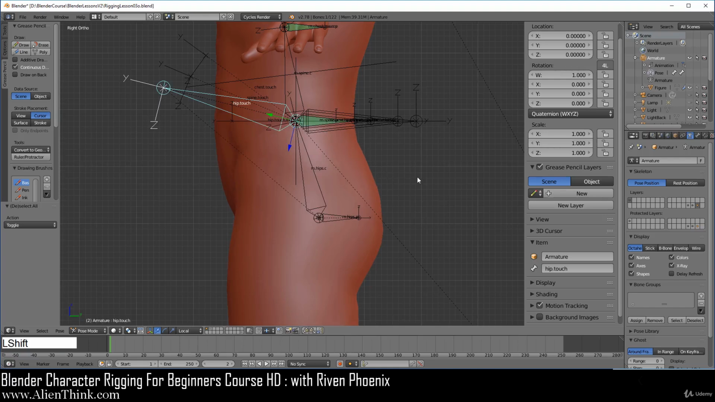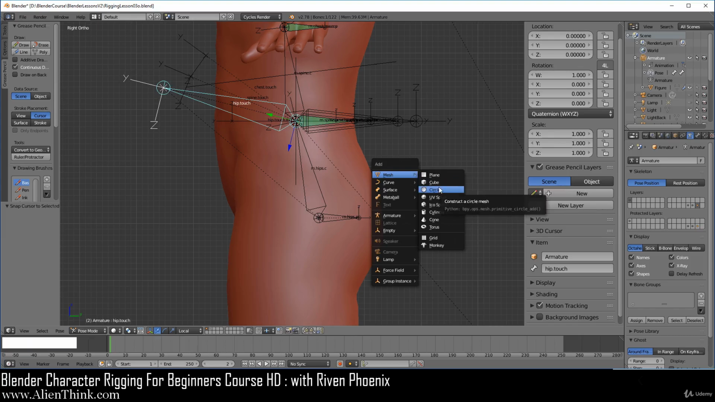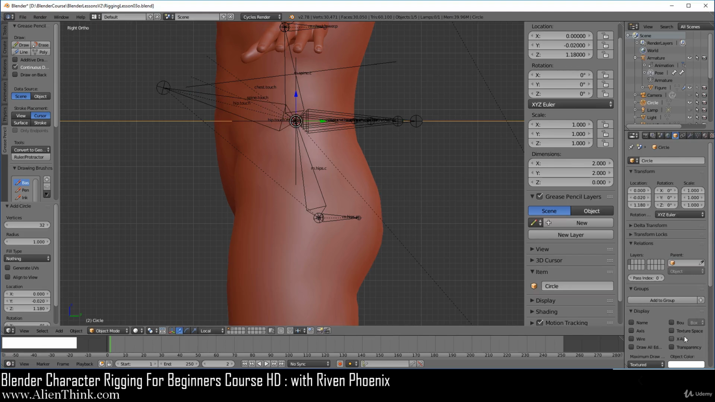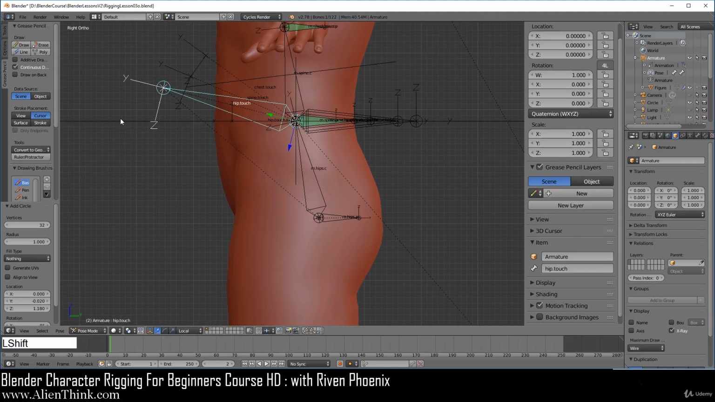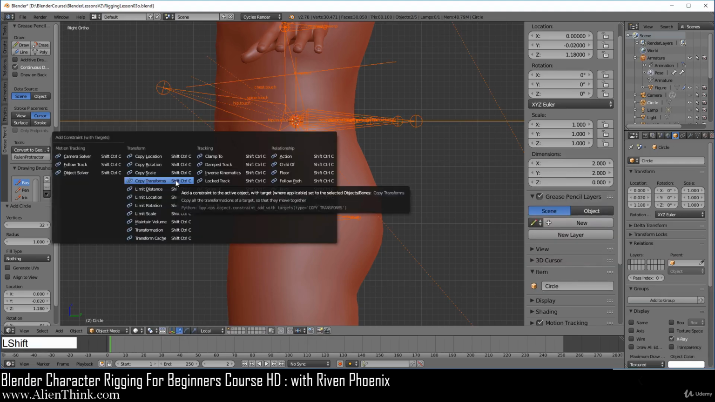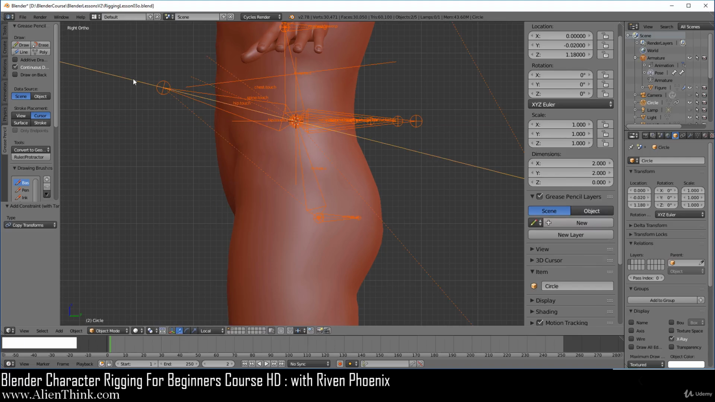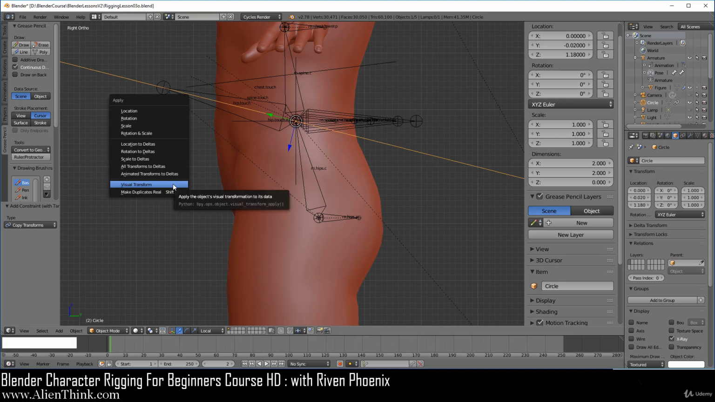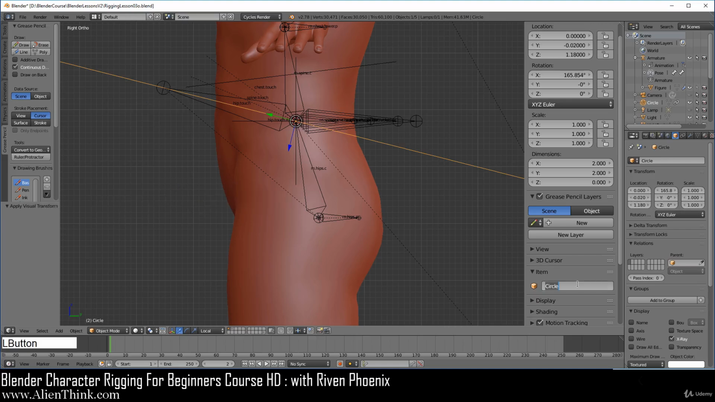So again, just do Shift S, do cursor to selected, do Shift A. Here we're just going to add a circle. Go to the Object tab, make sure that the X-ray is on. Go ahead and click on the hip.touch, press the Shift key down, click on the circle, do Shift Control C, do Copy Transforms, click on the circle over here, do Control A, do Visual Transform, and here we're going to